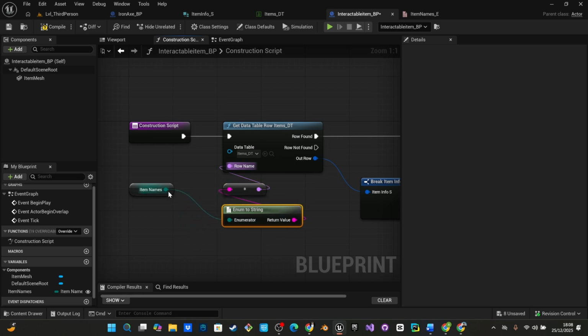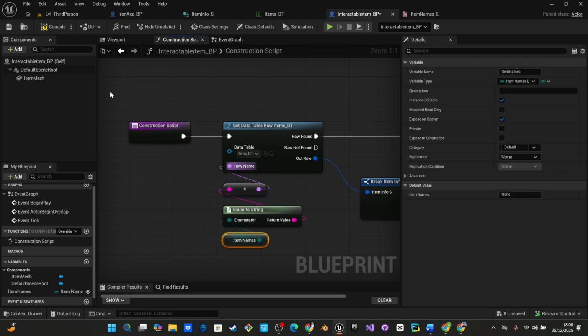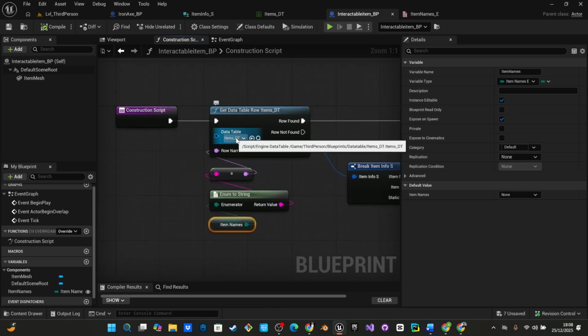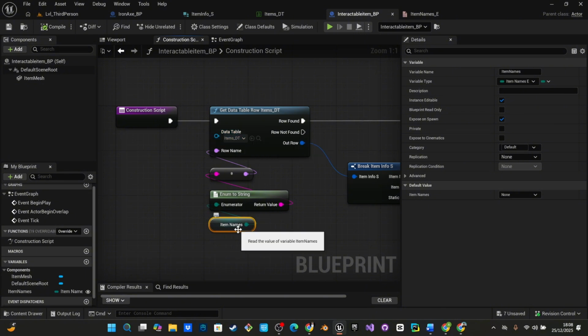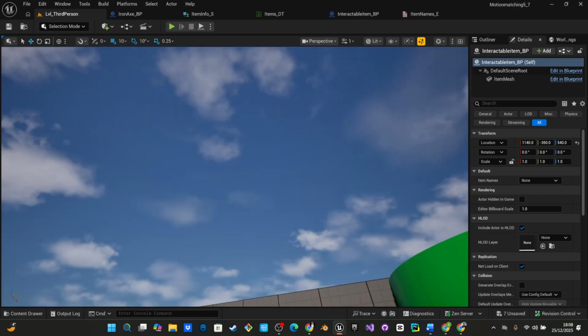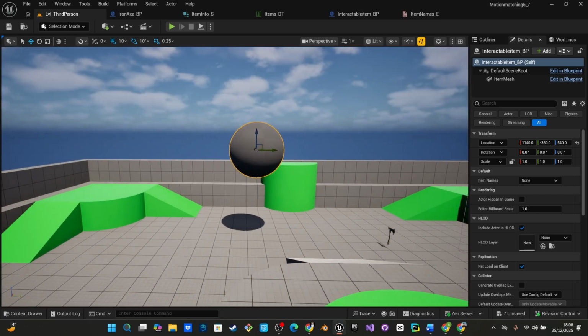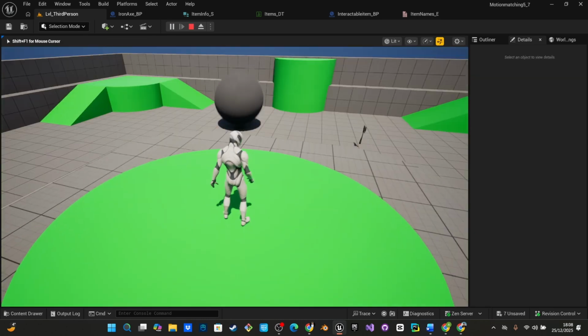And now why did we use enumeration here? Let me show you why. So we compile and save this, which is all good. We are using the data table to extract where this information is stored, but we're using enum to make things easier for us. For example, now we go to this one, and now we have this option, Iron Axe, and we compile and save, and oh,